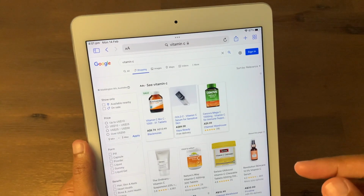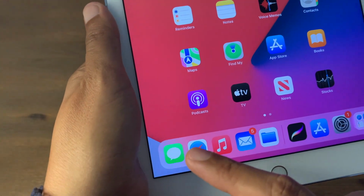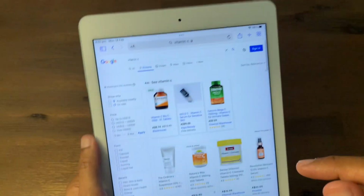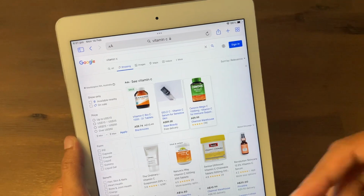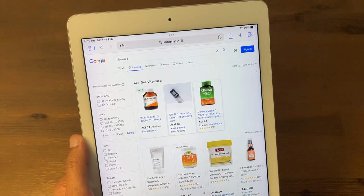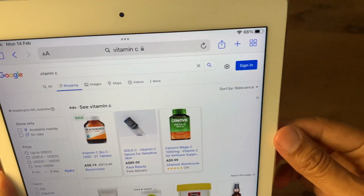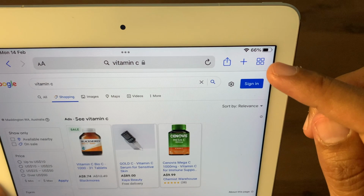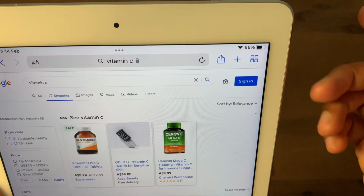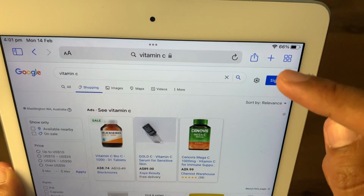Now, how about if I go into Safari, but it's already got a page open and I actually don't want this page? How do I get rid of this page and start a new fresh search? So this is what I can do. At the very top right corner, I'll see squares. So sometimes if your software is a previous version, the squares might be overlapping,